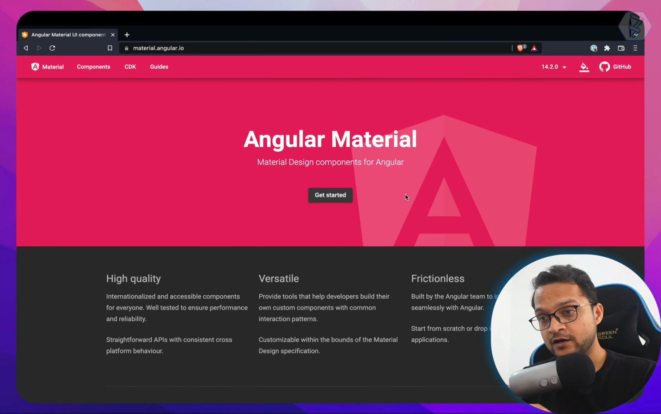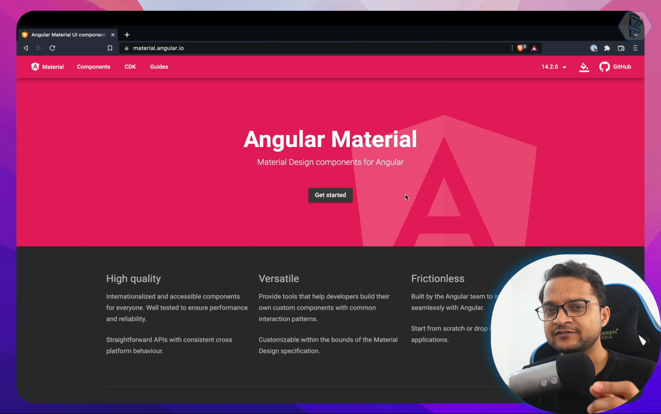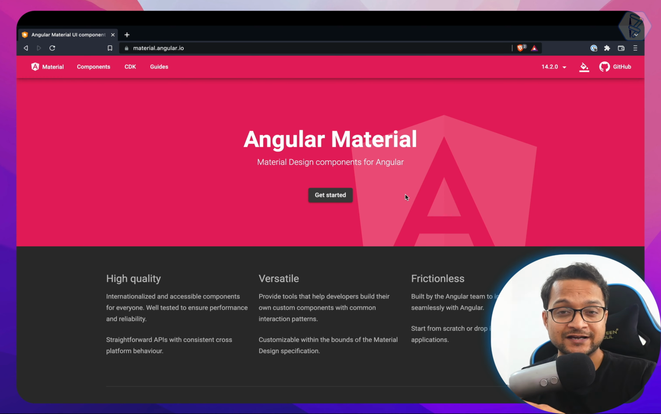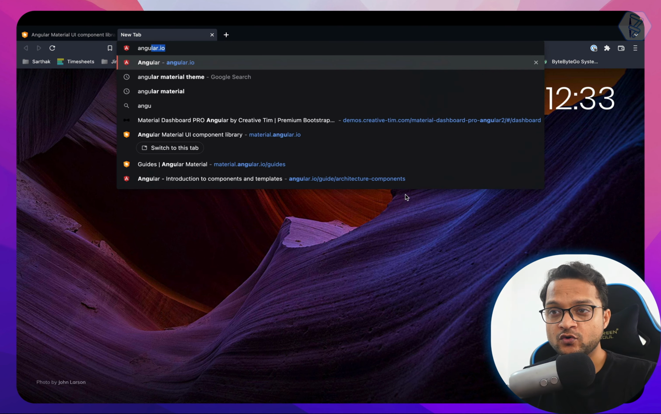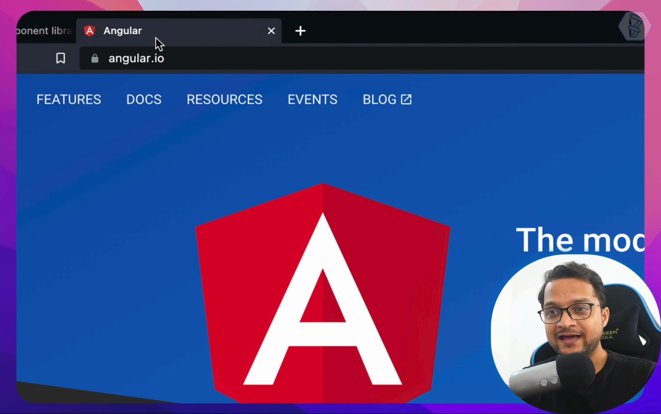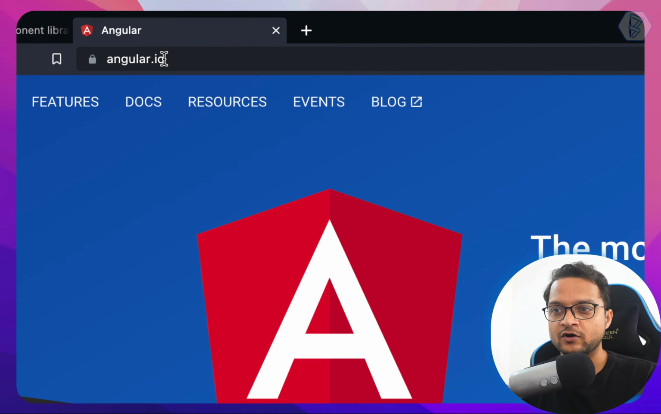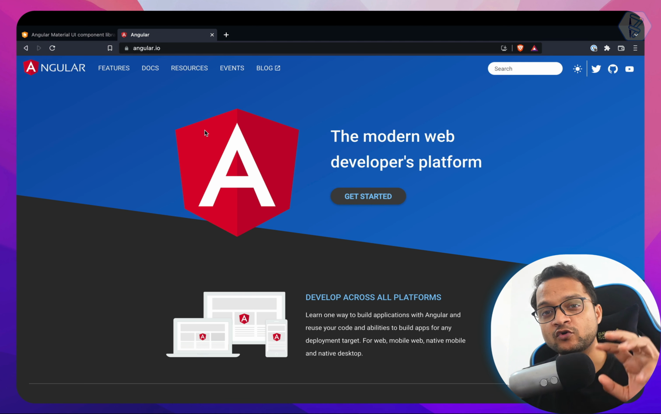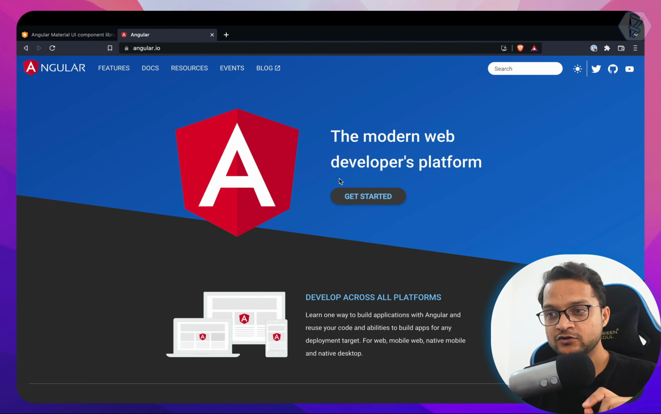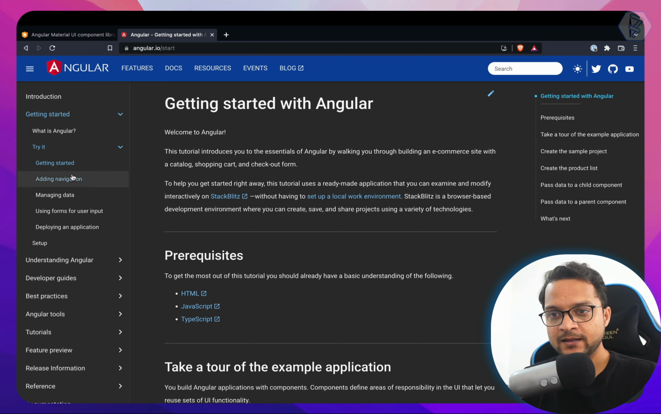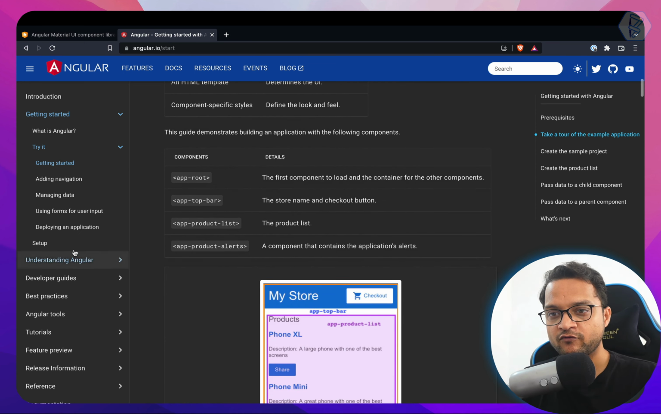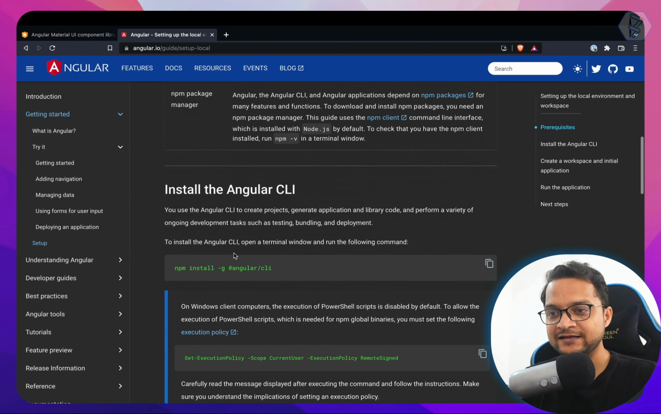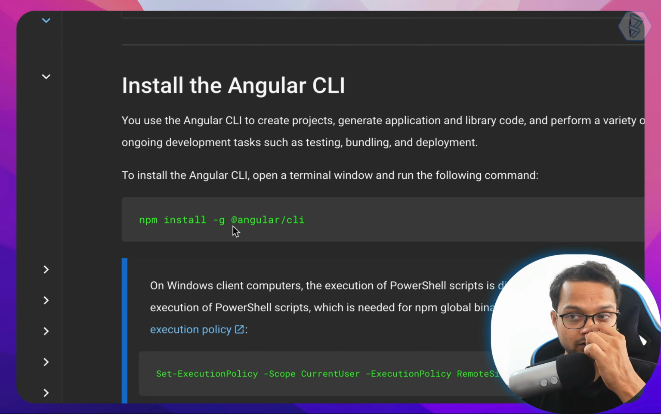We can get started with Angular Material by first having a new Angular application or new Angular project. For that, we need to go to angular.io. It's absolutely important to go to this website because sometimes things get changed, so you always need to follow the documentation. Here you can click on get started. Basically, you need to look for this setup, and on this tab you will find npm install globally